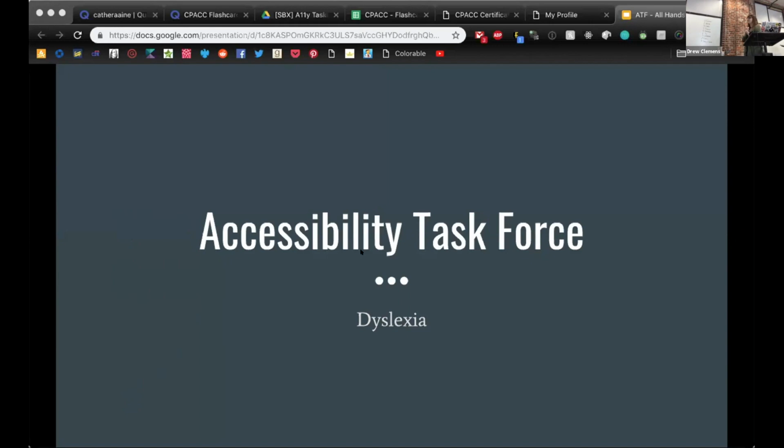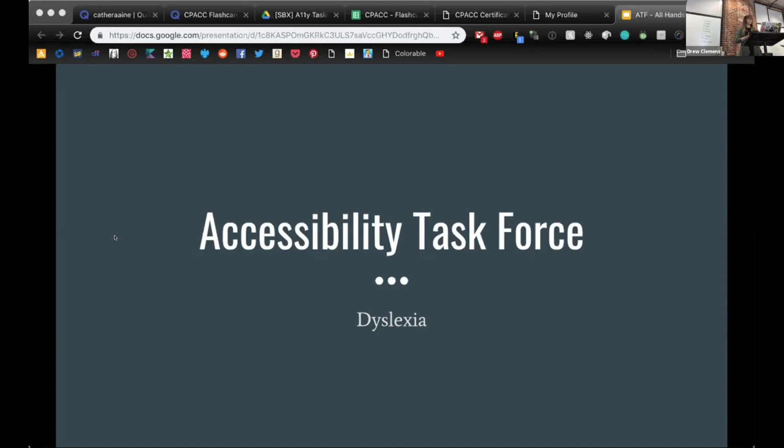Okay, so the Accessibility Task Force is currently studying to take the CPA-CC or CPAC exam. As part of this exam, we are learning more about different types of disabilities and how to create positive experiences for a broad range of web users. Usually we focus on screen readers and keyboard accessibility, but there's a lot more than that. So over the next few months, we'd like to share a little bit about what we've learned in small chunks